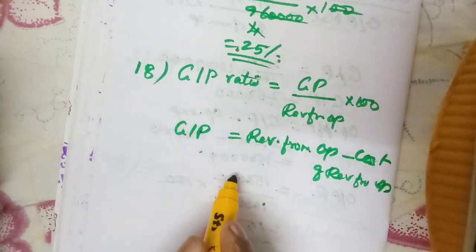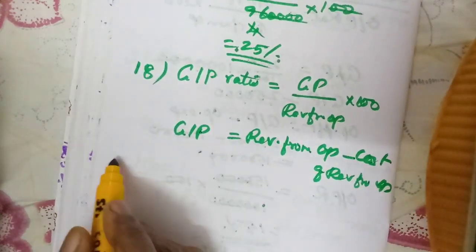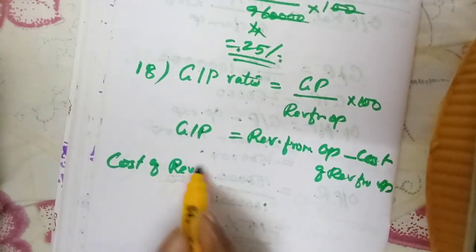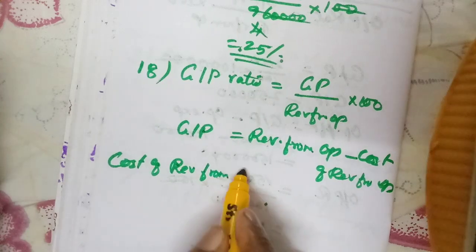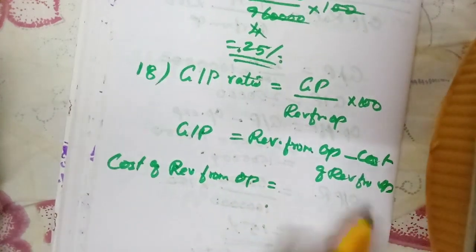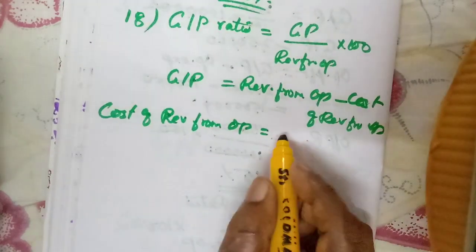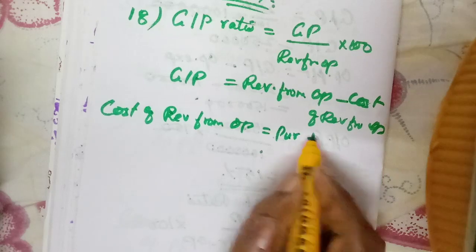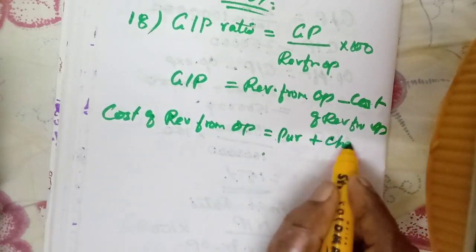That also we don't know, isn't it? Cost of revenue from operation we have to calculate. That I have told you: the purchases plus change in inventory,